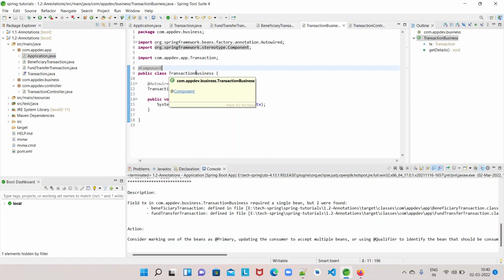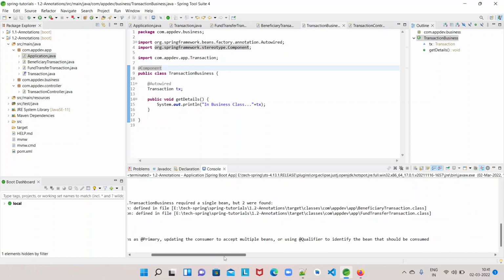I am finding two beans of type Transaction because by default I go by the type. But which particular class you need, you have to specify to me, otherwise I will not be able to inject that automatically to you. That's what the container is specifying.